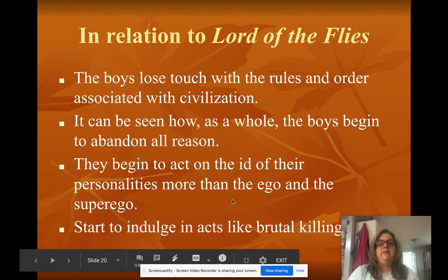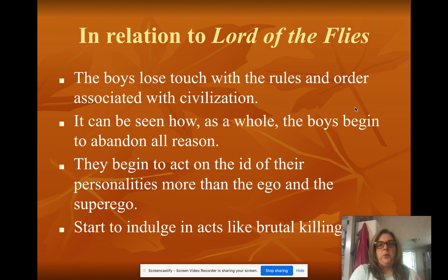All right. Finally, how does all of this relate to Lord of the Flies? Okay, the boys, obviously, by crash landing on the island, lose touch with the rules and order that are associated with civilization. Their superego, or what they have begun to form, they're only 12 years old, is gone. They have no sense of rules or regulations anymore. They kind of do in the beginning, they try to,